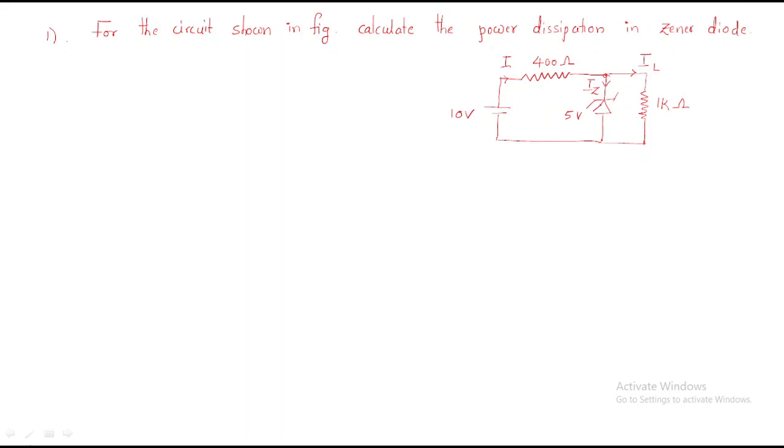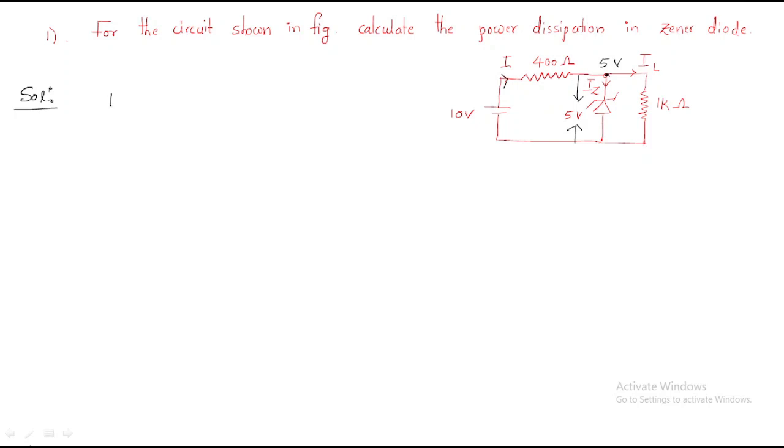To get the power dissipation, first, what is the current? How much current is entering the GNR diode? We have to find that out. For that purpose, we do not need to redraw the circuit. Look here, this is a fixed 5 volt branch, because the GNR voltage is always fixed when the GNR diode is on, because it is in reverse bias. Positive is connected to negative and negative is connected to positive, right? By using this phenomenon, we find that this voltage is 5 volts.